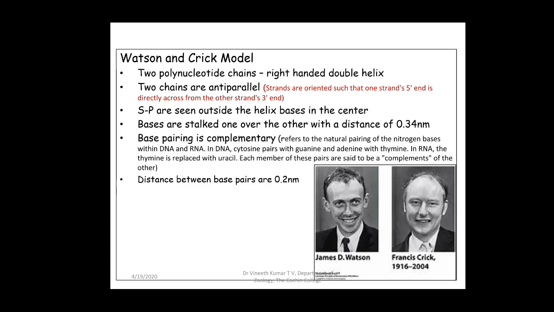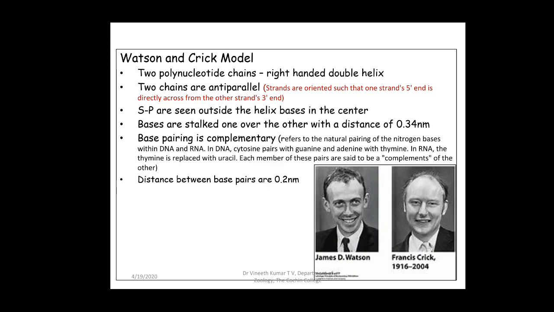nucleotide, it has a 5' phosphate end and a 3' hydroxyl group. So there are two ends for a nucleotide. DNA, or a nucleic acid, is a polymer of nucleotides, and hence when it forms a polymer, a particular strand or chain, one end of this chain will definitely be phosphate, which is 5', and the other end will be 3'